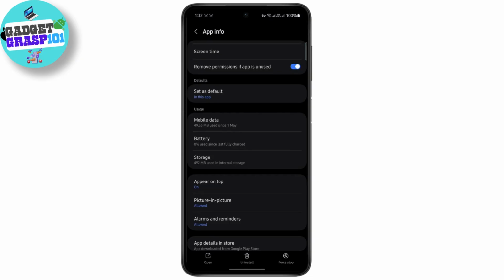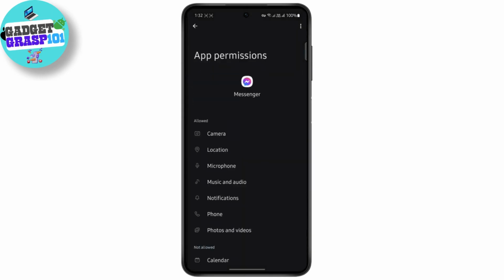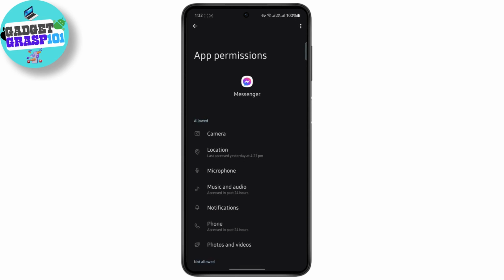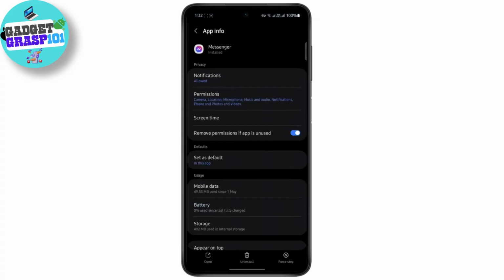Another thing that you can do is go to your permissions and make sure you've allowed all of these permissions on Messenger, because sometimes the call malfunctions because it doesn't have the required permission. So make sure to turn all of these on. Once you do all of this, your problem should be fixed and you can call someone or anyone on Messenger